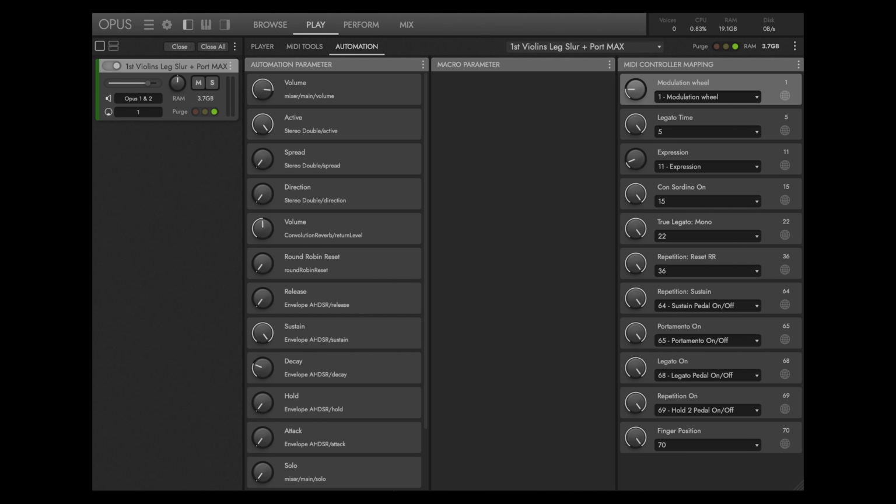The macro parameter column allows you to create and control macros, which can be particularly useful for controlling complementary CC parameters together, like expression and vibrato. In this example, we've only recorded expression data, which is controlled by CC11. Since the vibrato level is static, this passage is lacking some emotion, so let's combine both expression and vibrato into